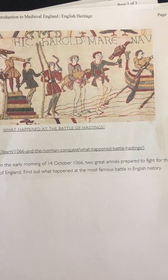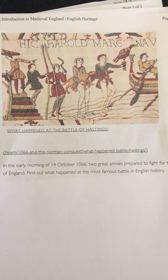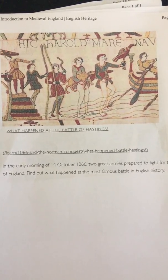Skipping to Richard I. So Richard I reigned from 1189 to 99. He's also known as Richard the Lionheart, and was always abroad or on a crusade. His younger brother John was forced by his barons to sign Magna Carta. Magna Carta is also known as the Great Charter, and this was intended to limit his powers in 1215, but